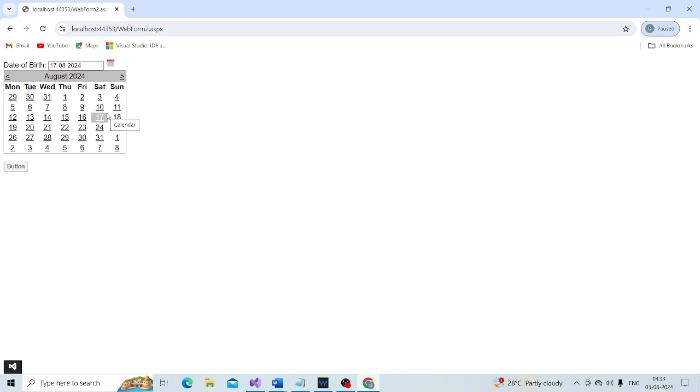Obviously, when that happens within the calendar user control, we already have a method, calendar1 underscore selection changed.